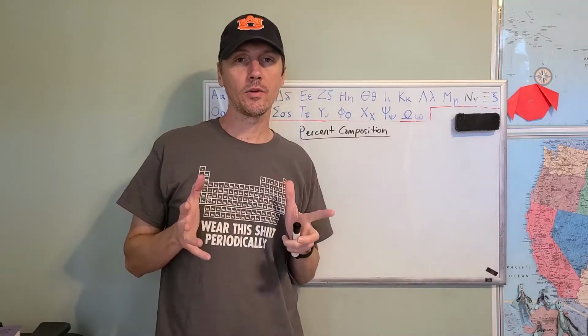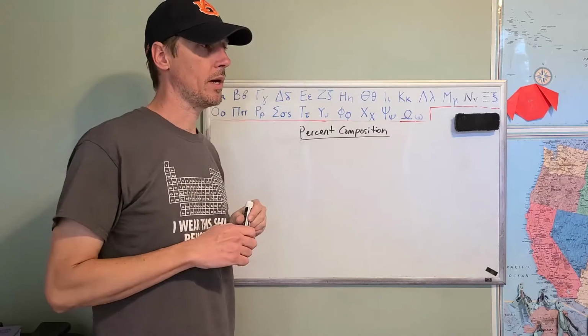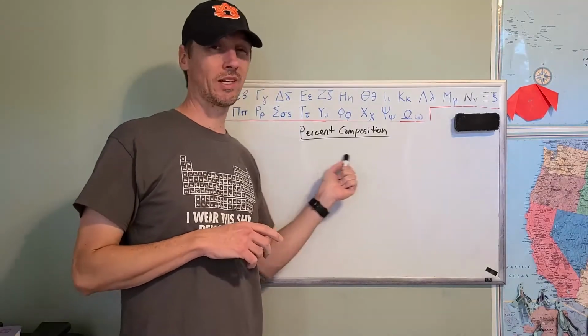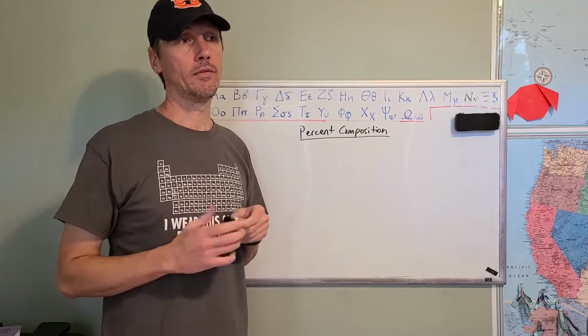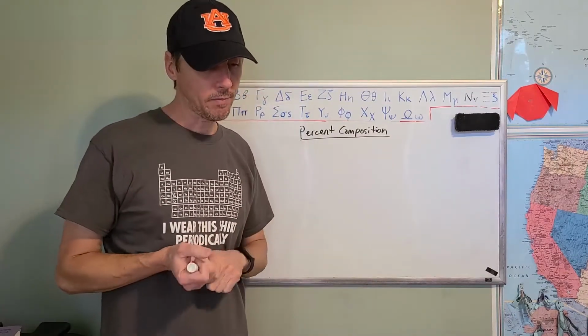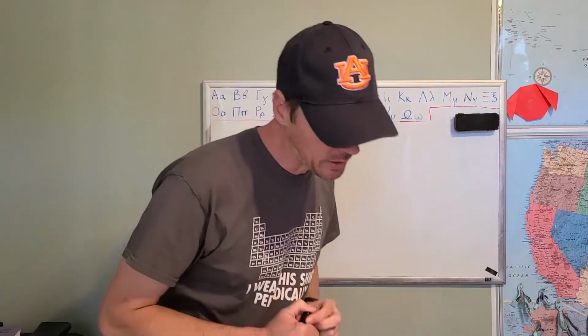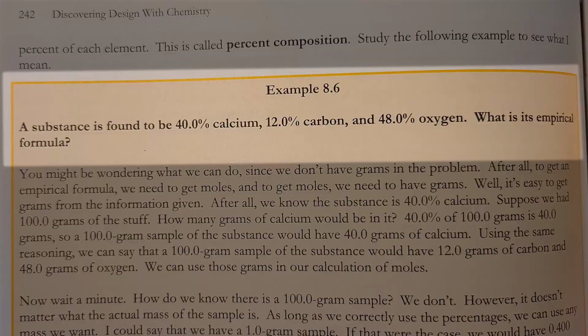Okay, so let's look at another way that we can determine the empirical formula of a compound, and that is if we know the percent composition of the various elements that are in that compound. And so the best way to look at this is just to do an example. If we go to page 242, example 8.6, we see that a substance is found to be 40% calcium,